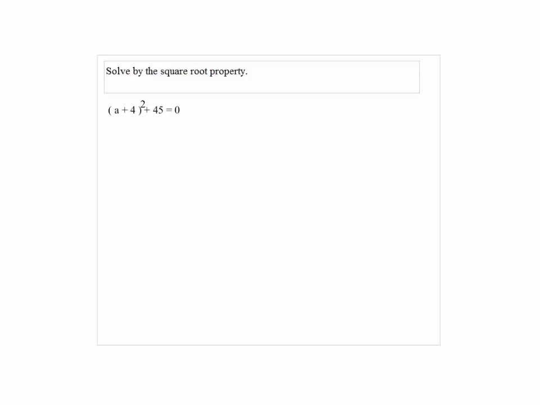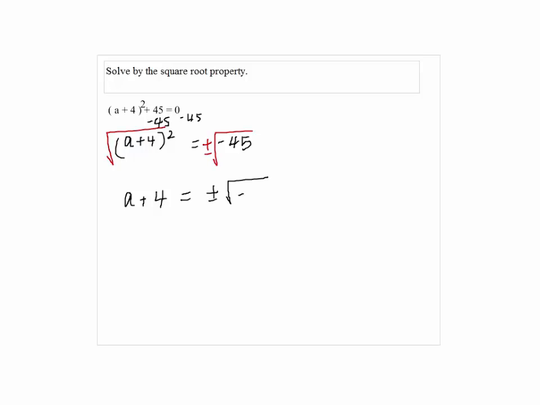Solve by the square root property. A plus 4 squared plus 45 equals 0. First, we have to move the 45 to the other side to isolate the square term. So we have a plus 4 squared equals negative 45. Then we're ready to take a square root on both sides. So we have a plus 4 on the left, and on the right we have plus minus the square root